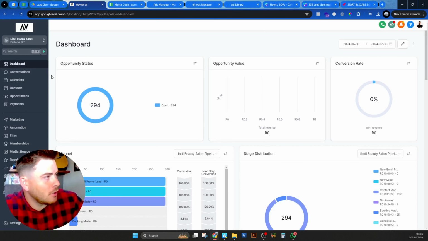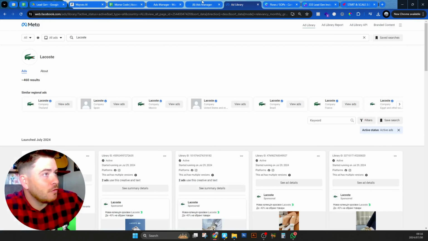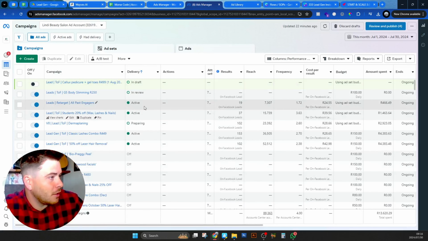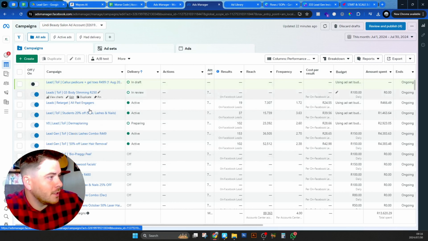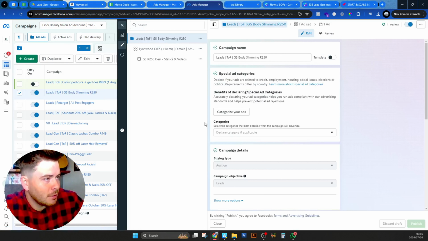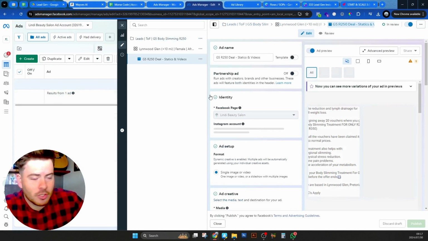Let's do an existing example. So this client we've created a new form for. If we just go and look at the existing, so we created a new form. We did this new offer called the G5 body slimming at 250 Rand. All we have to do is, when you go down to, I'm not going to show you the whole setup,